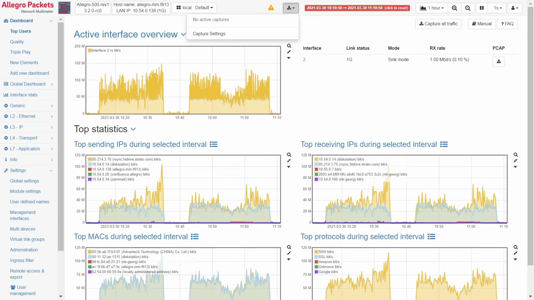And then we also improved the active capture. Up to now we have only shown here the captures which are active for the logged in user. Now we show here in addition also the captures which are active by other users. The background here is that the more captures are extracting from the disk, the slower the extraction works. And here you can check, does someone else use the extraction feature right now? Yes or no? Then maybe I wait with my extraction, and so I get here an easy overview.